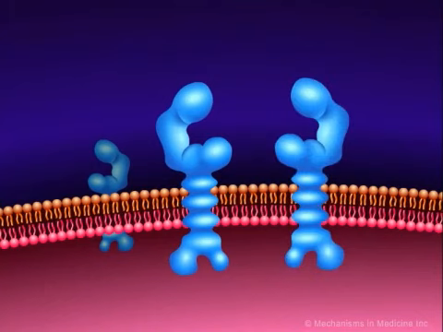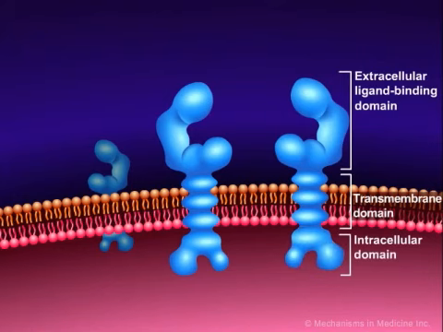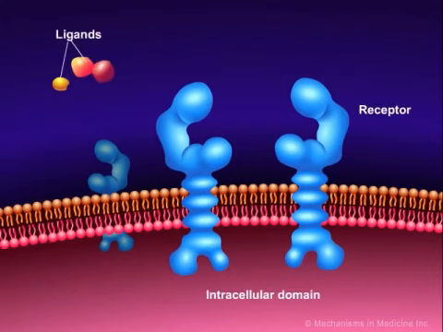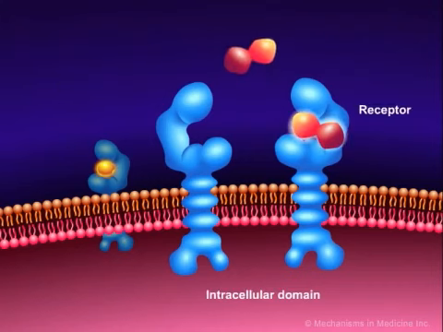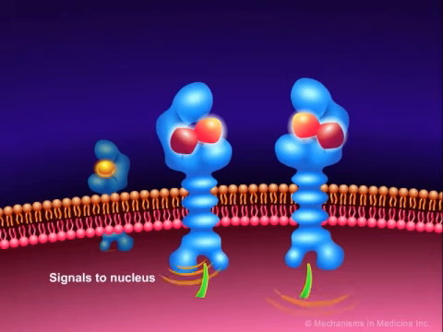Receptors often consist of three domains: an extracellular ligand binding domain, a transmembrane domain, and an intracellular domain. Binding of a ligand to the extracellular domain activates the receptor tyrosine kinase, which activates other proteins by phosphorylation of, adding a phosphate to, the amino acid tyrosine on a protein inside the cell. When a ligand binds to the receptor, a signal goes to the intracellular domain, activating the associated enzyme and initiating a cascade of signals to the nucleus that tell the cell to grow and divide, or to stop growing.